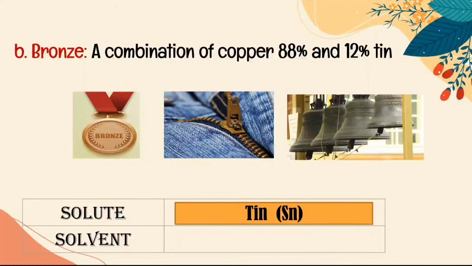For gaseous solutions, let's have air as an example. Air is composed of 70% nitrogen, 20% oxygen, 0.03% carbon dioxide, 1% water vapor, and 0.97% other inert gases. The solutes are oxygen, carbon dioxide, water vapor, and other gases, while nitrogen, which is the most abundant gas in air,